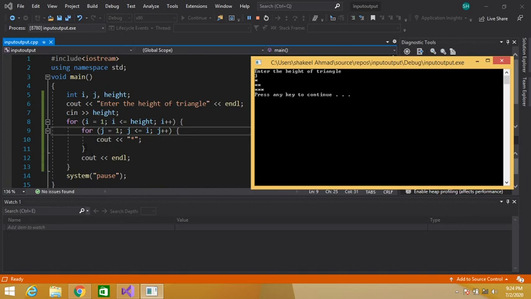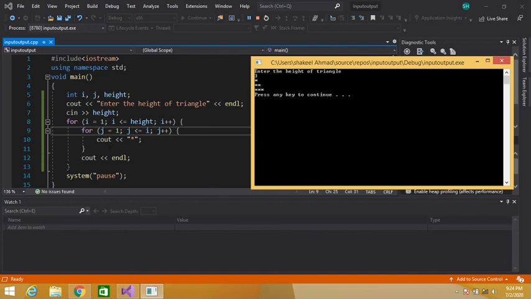Again our inner loop is terminating here. So the control will again shift here, and the value of j, which was previously 3, will now become 4. 3 plus 1, 4. So again the control will check the condition. 4 is less than or equal to 3, no. So this condition becomes false. So the control will not enter the body of this loop, and it will skip the body of this inner loop and directly jump here, and here we are starting a new line, so our pointer will be moved to the next line.